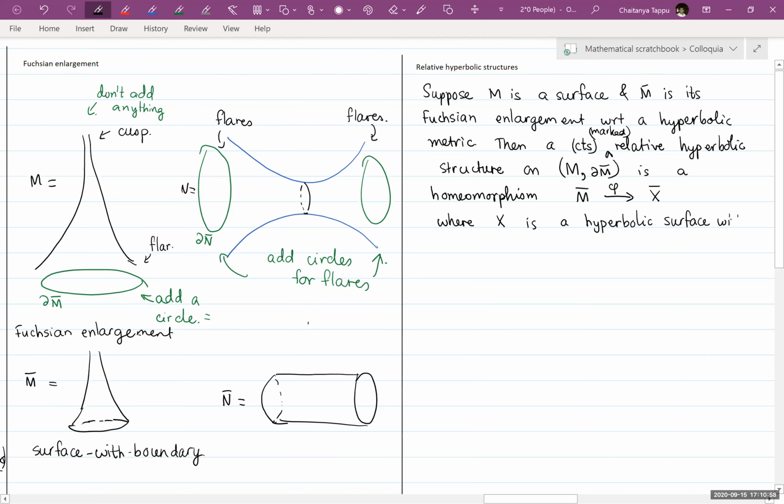with Fuchsian enlargement X bar, and two such homeomorphisms are equivalent if they give you the same marked structure. So what does it mean to give the same marked structure? It means there is an isometry,